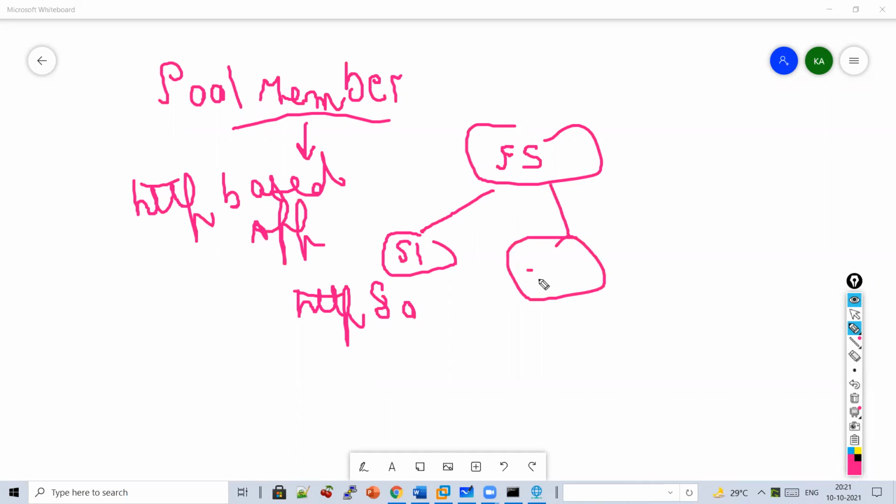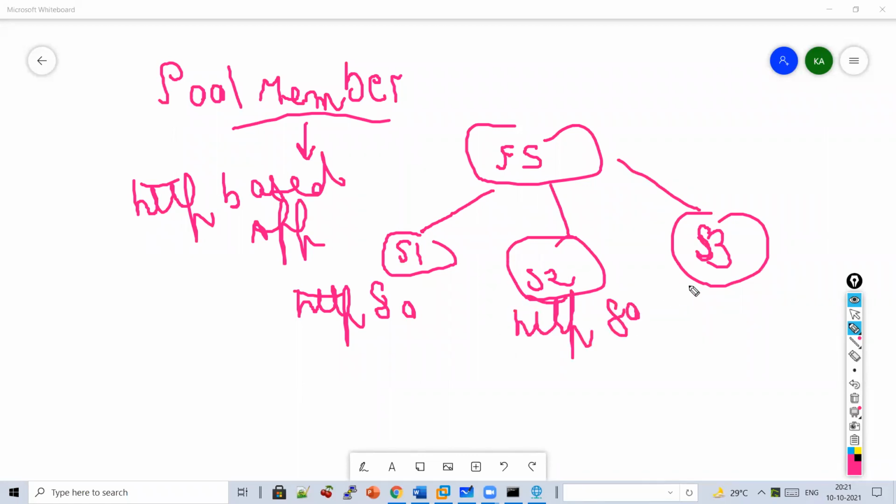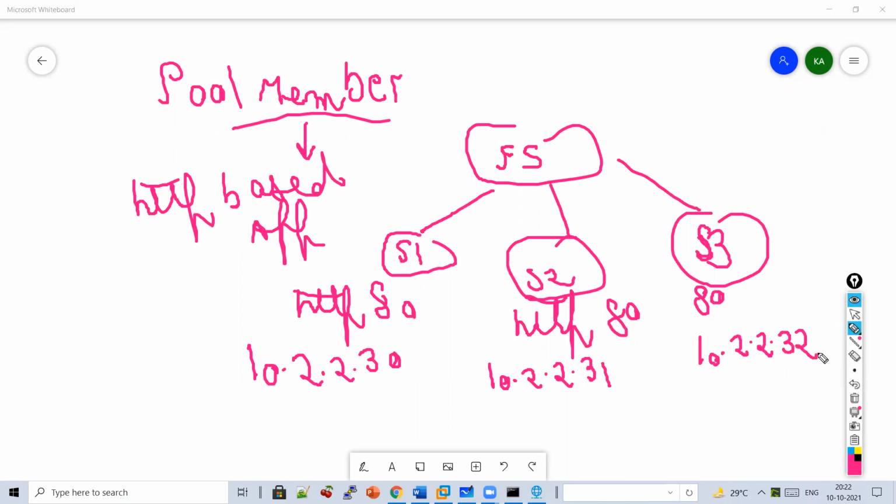Then there is server 2, then there is server 3. All these are hosting an HTTP application on port 80. Let's say the IP addresses are 10.2.2.30, 10.2.2.31, 10.2.2.32. So pool member is a combination of node plus a port number.